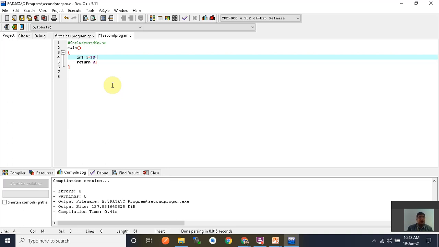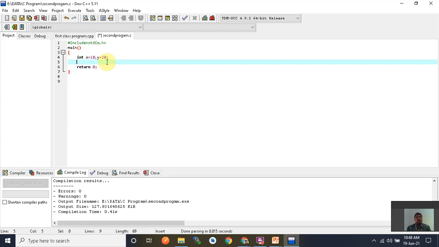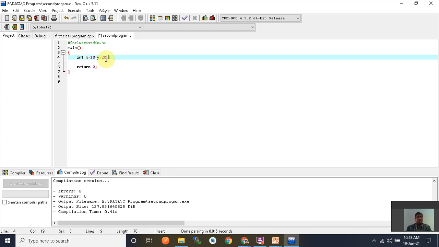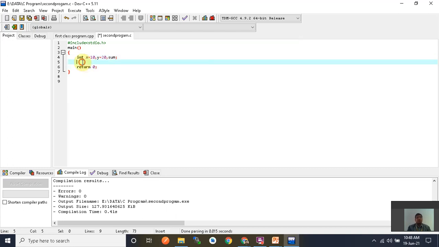Now I create a second variable y equal to 20, or anything else that you want. Then I also create a blank variable for future use, sum. Now if you want to move some value here, you write sum equal to x plus y. So automatically the addition of x and y is moved into the sum memory.